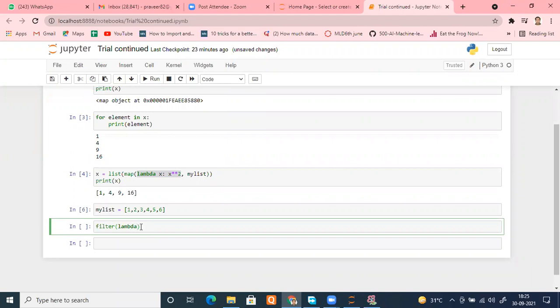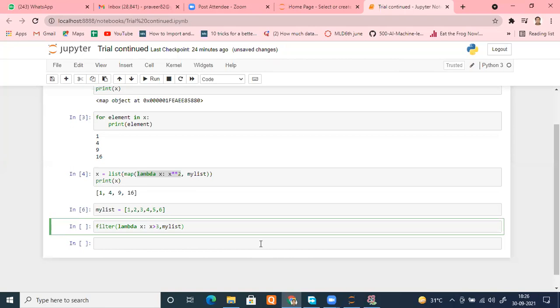Okay. And I have to check each element. That means only one parameter is mandatory. So I'm putting x again. A colon here. In what condition do I want it to be true? Remember what my requirement is, what I just said. I need numbers greater than 3. Right? So I will write that x should be greater than 3. That's it. So whenever x is greater than 3, this is a conditional statement, right? It will check the condition. If this condition is satisfied, it will return true. Otherwise, it will return false. Right? After that, nothing has to be done. Just pass your iterable. And what is my iterable name?